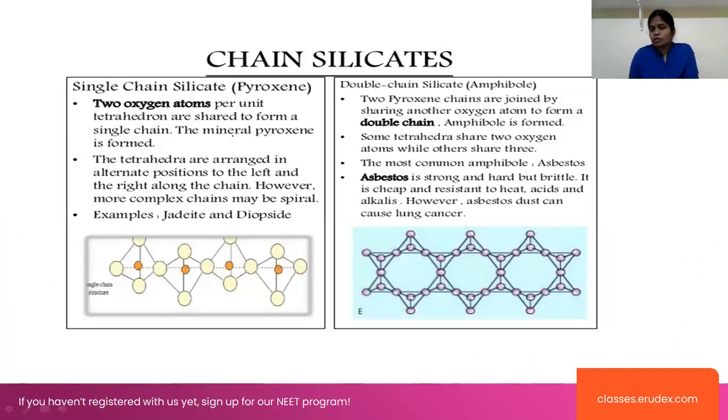Single chain silicates: 2 oxygen atoms per unit tetrahedron are shared to form a single chain here. Now the example is diopside, and double chain silicates are, for example, asbestos here. 2 pyroxene chains are joined by the sharing of another oxygen atom to form a double chain. Okay,